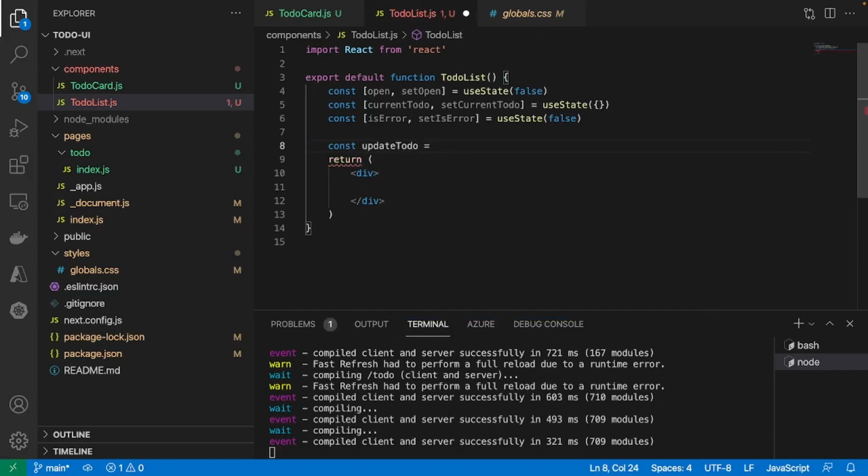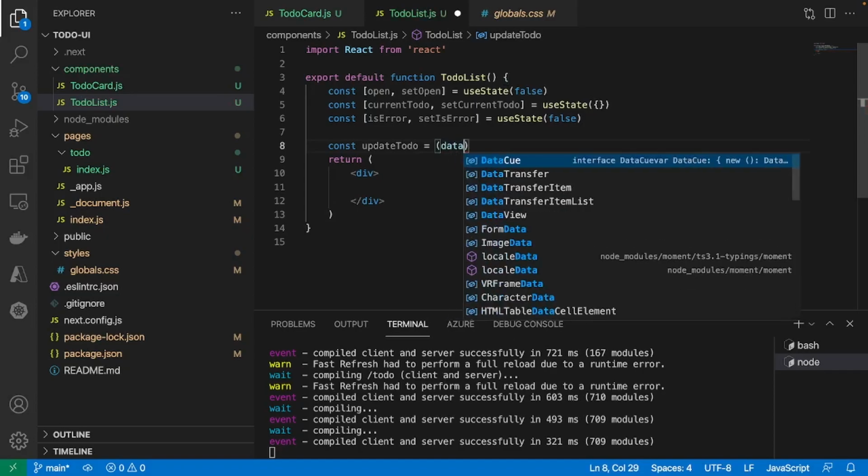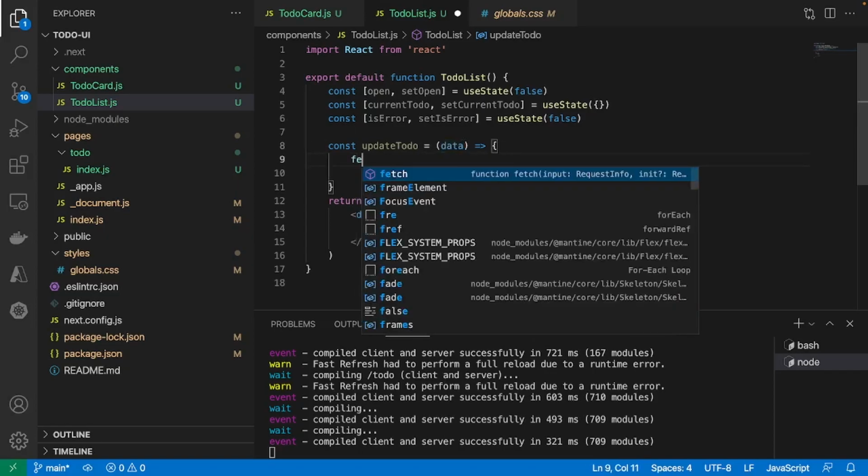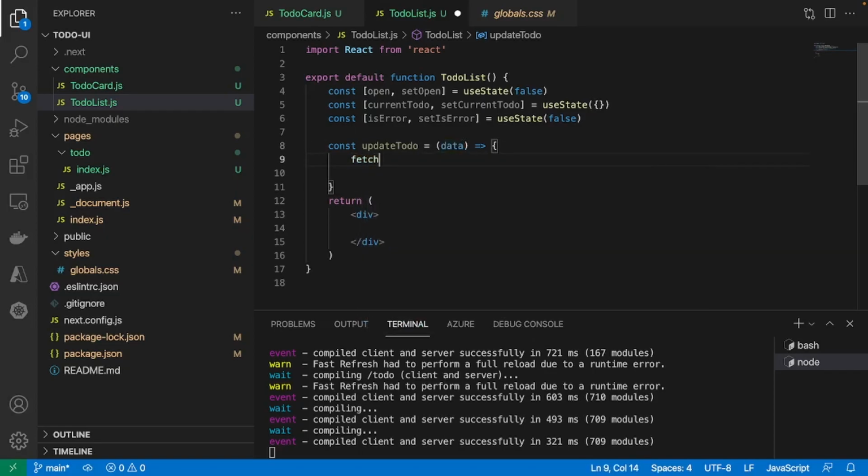And what we're expecting is an object. So I'm just going to place in a variable right here because we're expecting a parameter to be entered in, or a value to be entered in as a parameter. And that's just going to be the object that we're going to update or send to our API to be updated in our database. And then what we're going to do is the usual fetch, define our URL right here,